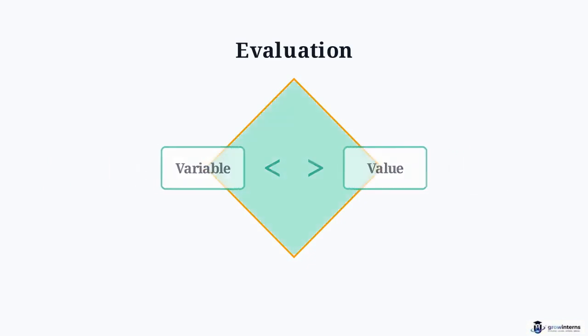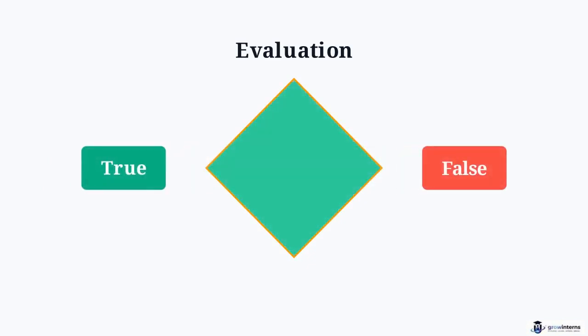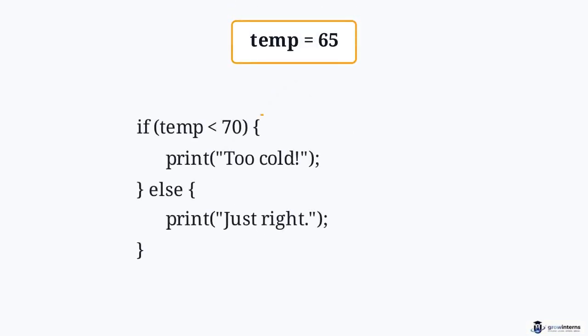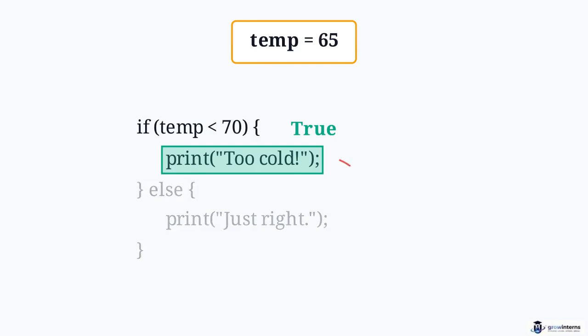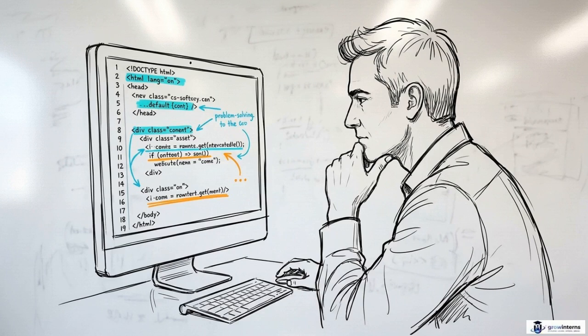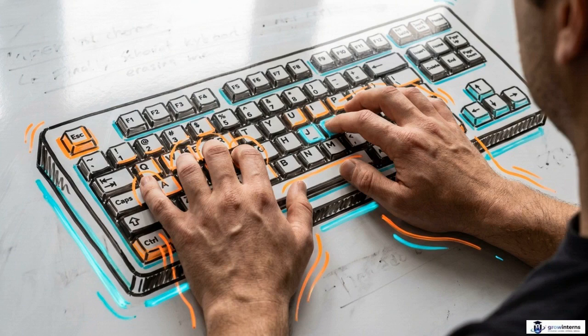Using relational operators like less than or greater than, the computer checks a variable and reduces the result to a simple true or false. In this example, we are checking if a temperature variable is below 70. Because that condition is true, the program executes the too cold print statement and completely bypasses the logic inside the else block. This binary choice is the mechanism that allows software to respond to different inputs, rather than following a